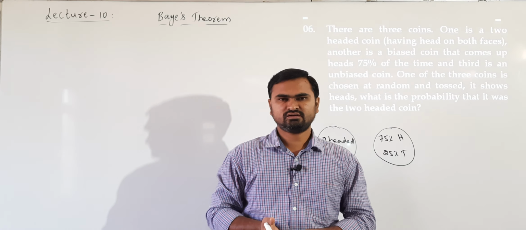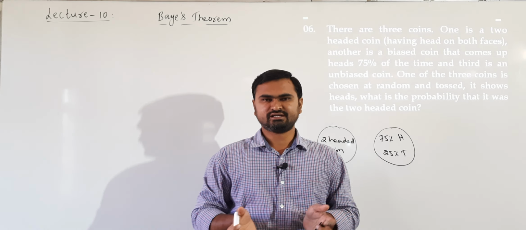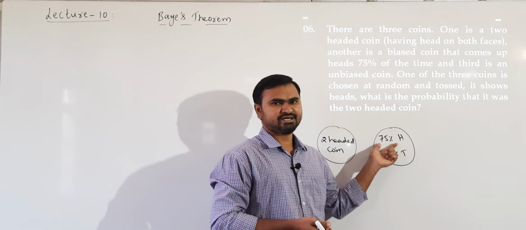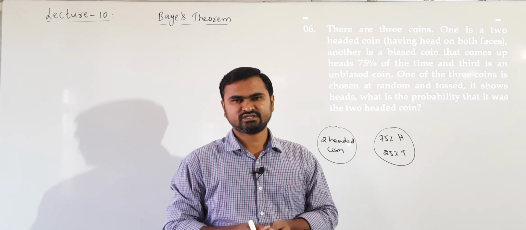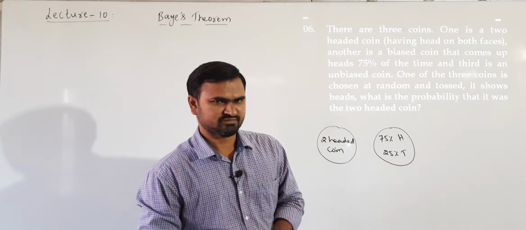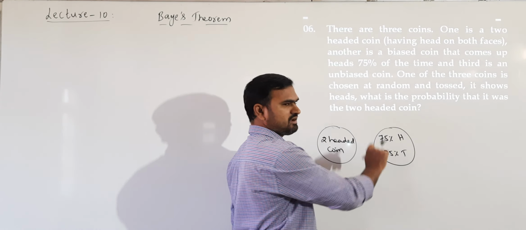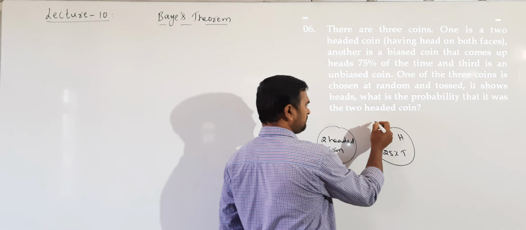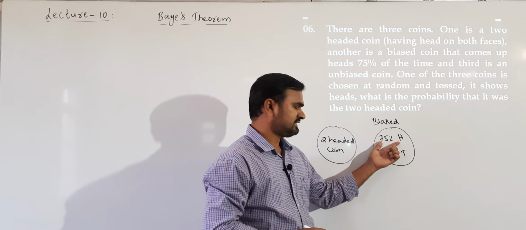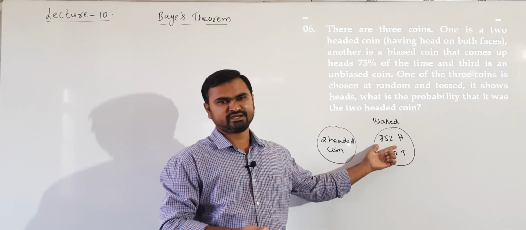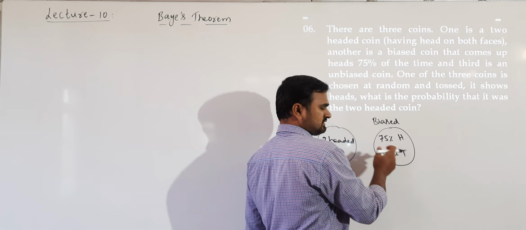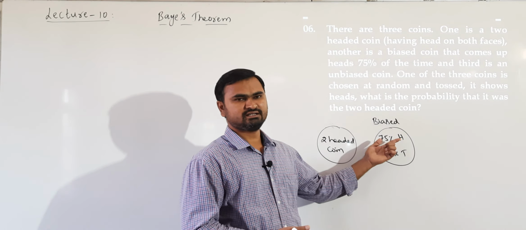A normal coin has equal chances of getting head and tail, 50-50%. But in the case of a biased coin, we can bend it in such a way that we get head more number of times, or we can get tail more number of times, depending on our requirement. Understand? It is a biased coin. So what is the probability of getting head? It is 75%, 75 by 100, so it is 3 by 4. The probability of getting tail is 1 by 4. So there are more chances of getting a head here.